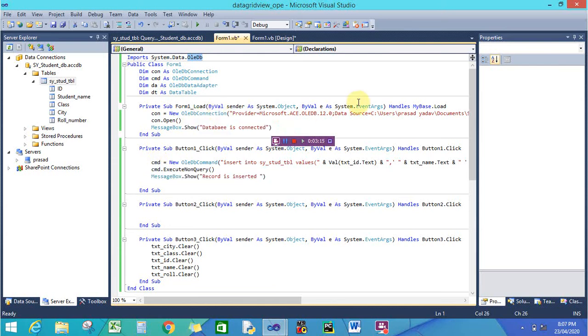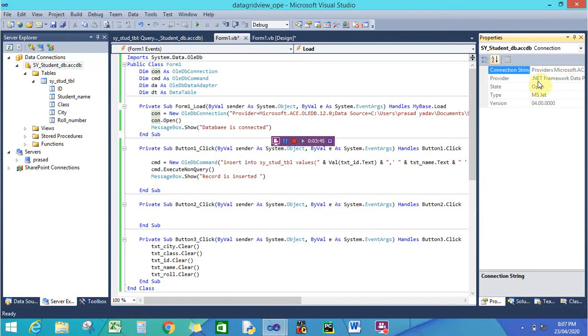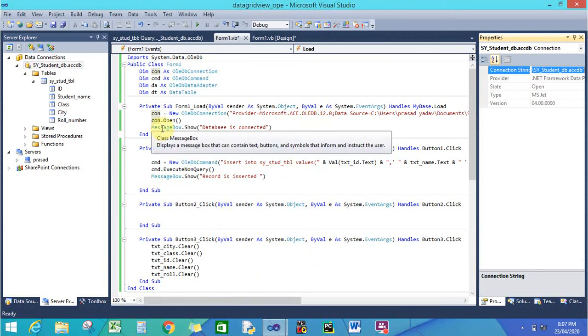Then after that we need to open a connection, or we need the connection string for making a connection between our database and our application. So just create an OleDbConnection object as con. Then con is equal to new OleDbConnection. And how to copy this connection string? Just right click on your database, properties. Okay, here is the connection string, this is our connection string. Just double click and copy and paste our connection string here. Okay, and then open the connection.